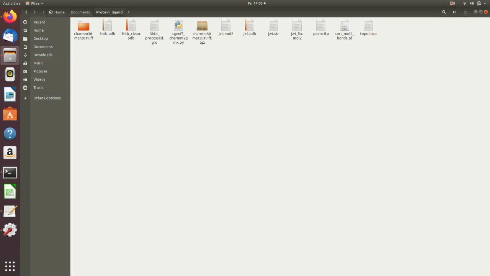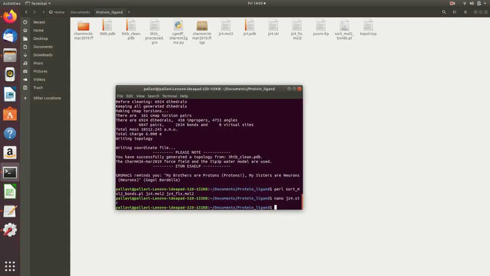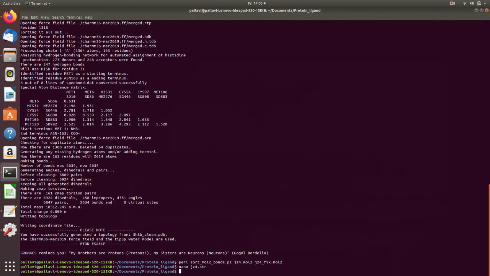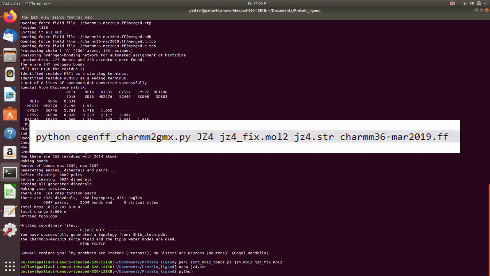Now this generated topology of the ligand is in CHARMM format, but this cannot be used in the GROMACS software. So we'll have to convert it to a GROMACS compatible format by using the script, by using the command line as python, and we are going to use the script that we had downloaded first, cgenff_charmm2gmx.